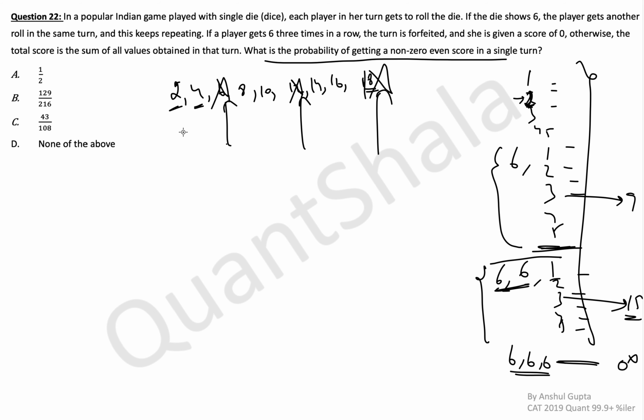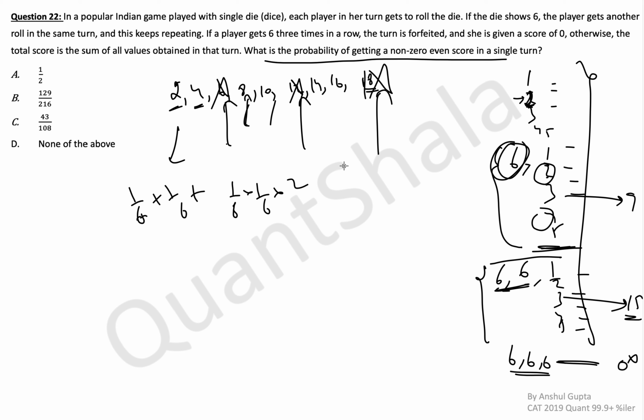Now what is the probability of 2 and 4? It is 1 by 6 plus 1 by 6. Okay, basically getting 2 in the first roll is just 1 by 6. Then getting 8, the probability, 6 plus 2, is 1 by 6 for the 6 and 1 by 6 for the 2 in the second roll. So 1 by 6 into 1 by 6 and then into 2, because 1 for 8, 1 for 10. 10 also you will get the same way, first 6 and then 4. Similarly 14, how will you get? 6, 6, 2, this is the only way to get 14. So 1 by 6 into 1 by 6 into 1 by 6. And for 16 also you will have a similar sum, so you multiply this by 2.